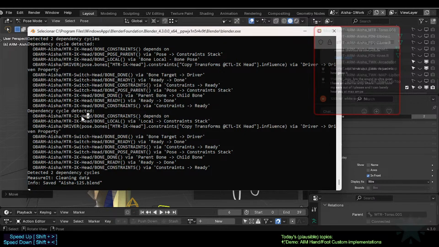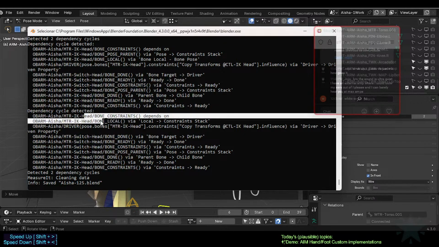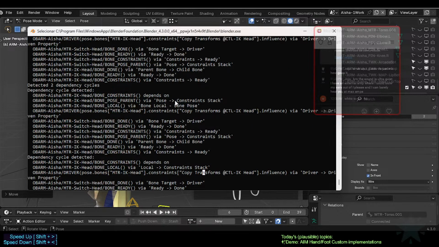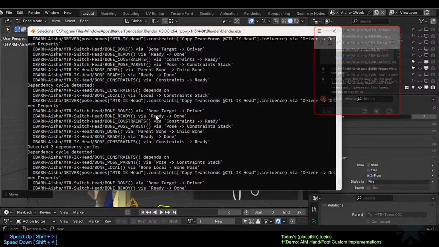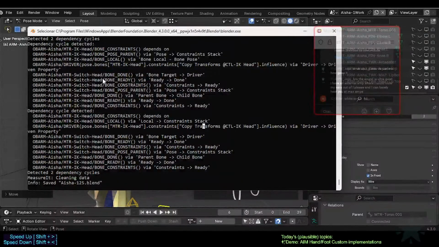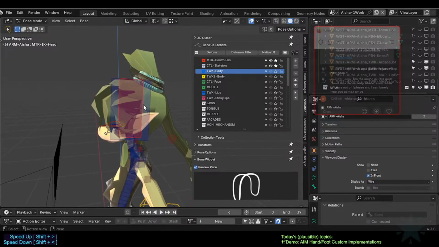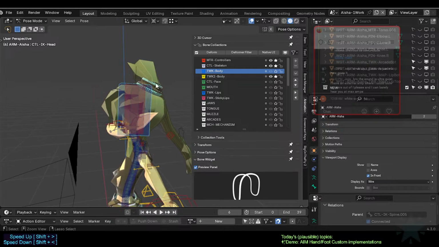This one depends on master I key local constraint stack driver master constraint transform I key influence via. Okay, it's something about their. Oh, I see. Okay, maybe it's just some stupid something about the location. Oh yeah, it is crashing,